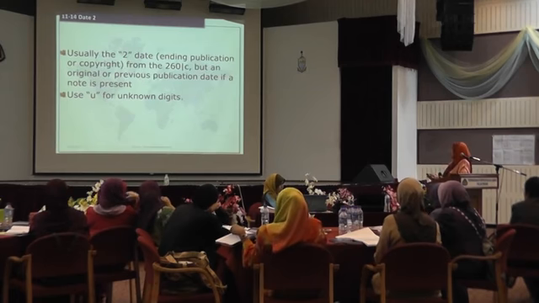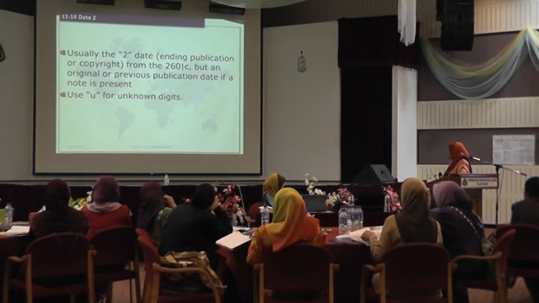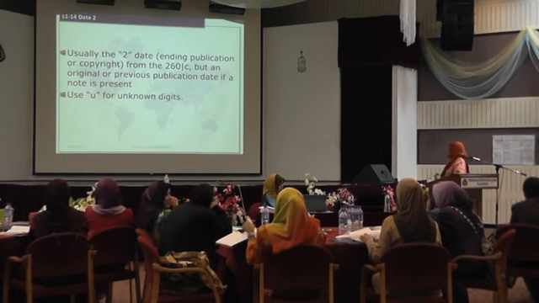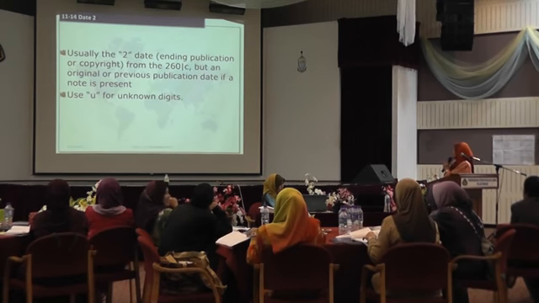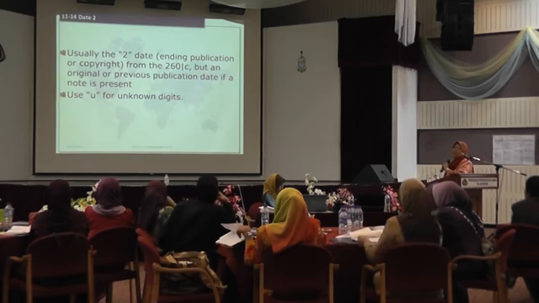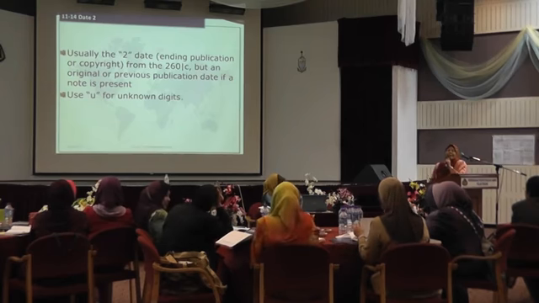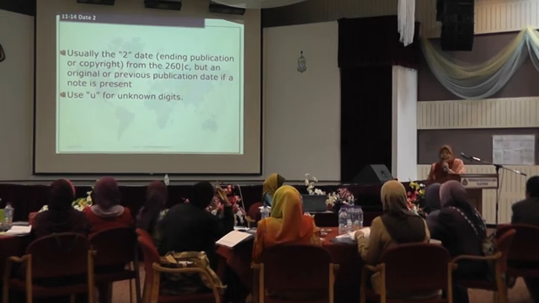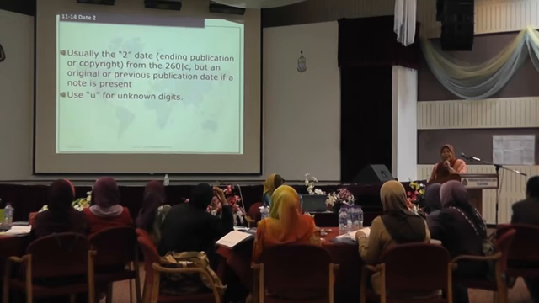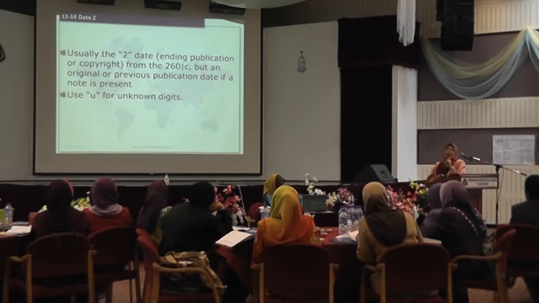Yeah. So that is the outcome of that. Usually the solution. So to the next one. Okay. Now the second date, date 2, ending publication or copyright date from the 260C, but an original or previous publication date if a note is present. So you can use a U, unknown date. Now, for a dissertation or thesis, you can put the date, the date of promulgation, when the thesis was completed, the date on the thesis. It is considered as an unpublished manuscript, except if, for example, it has been